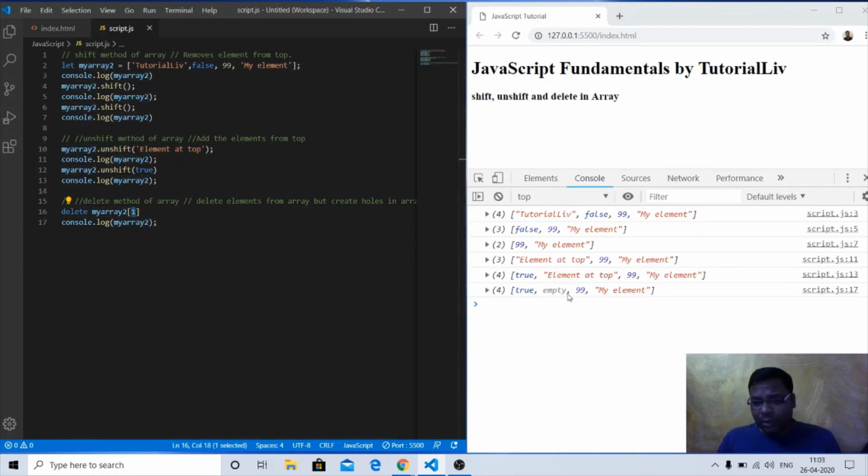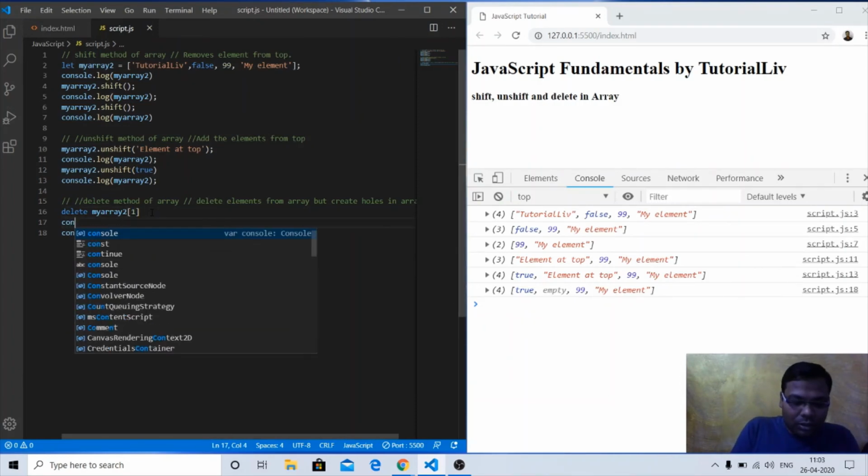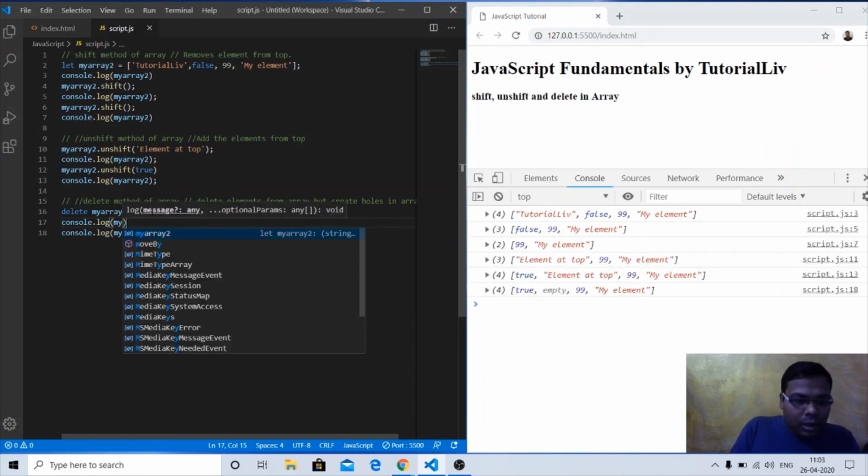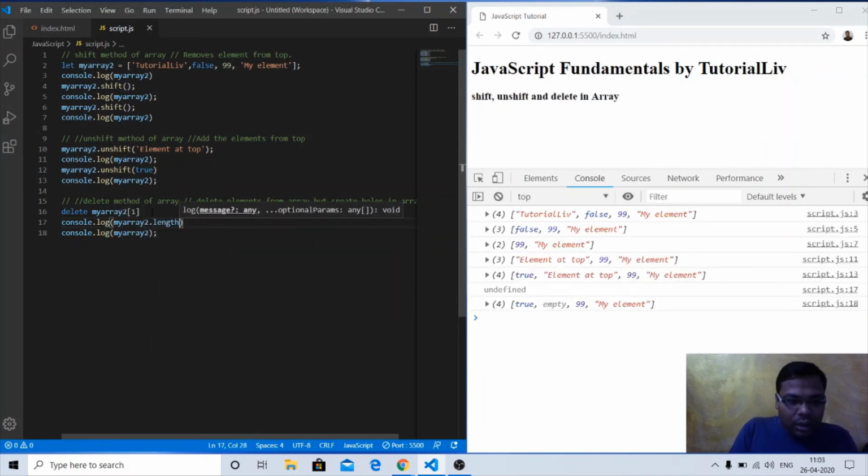It will remove the element from the array, but it creates an empty place in the array, a hole. If I check the length of this array, console.log myArr2.length, it is a property, so we do not need parentheses here.